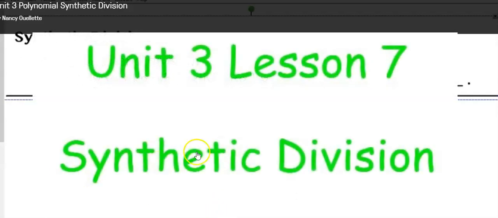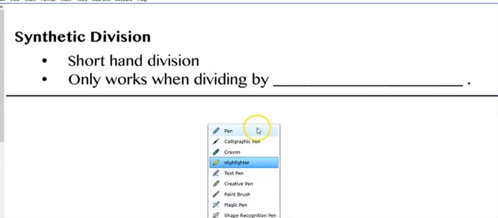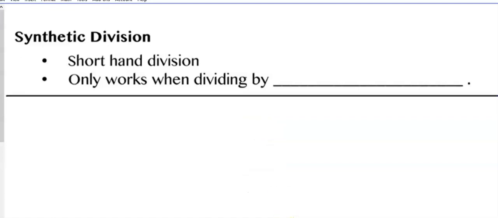We did long division, and so I think you're going to find that synthetic division is so much easier than long division. The only thing is it can only be used on certain types of problems. So we still need to know how to do long division, but synthetic division is definitely preferable when it's possible. So synthetic division,